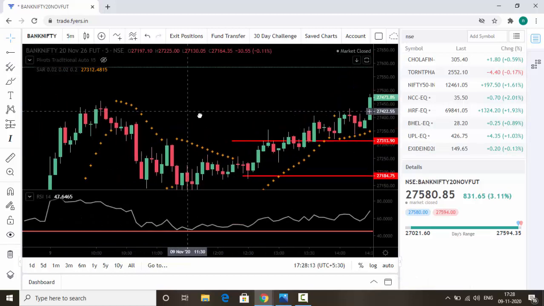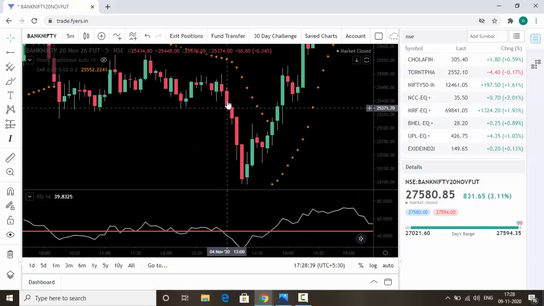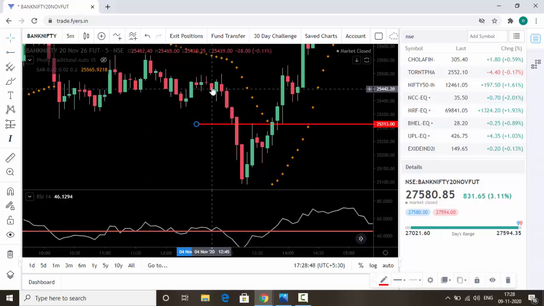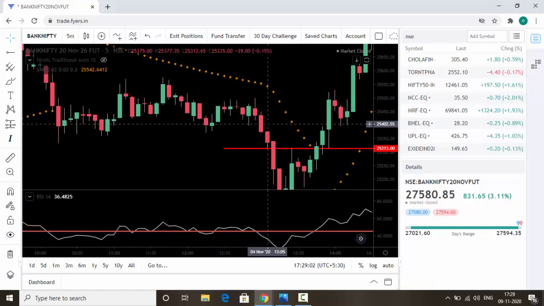For the sell condition, here you can see three continuous red candles formed, Parabolic SAR is on the upper side and at that time RSI is below 45, so we can go for sell here. See, this is the sell level, we can sell here when the market comes down. So like that you can take buy and sell based on these indications, and you can trail the stop loss or fix points: 10 to 50 points in Nifty. For Bank Nifty you can fix 30 to 50 points.